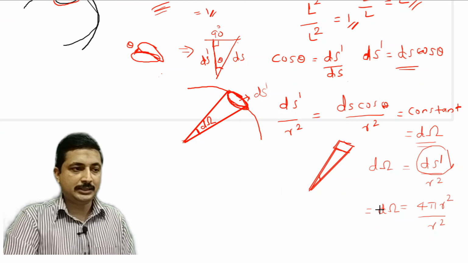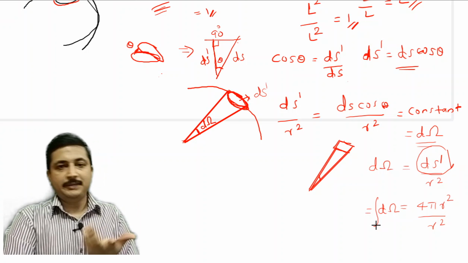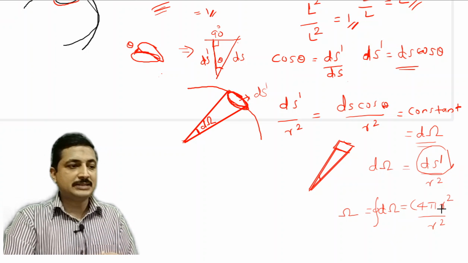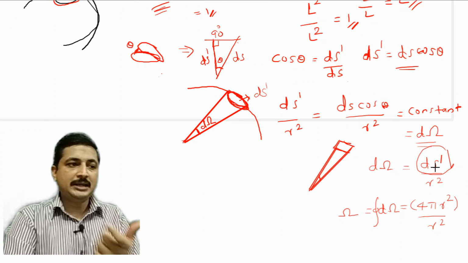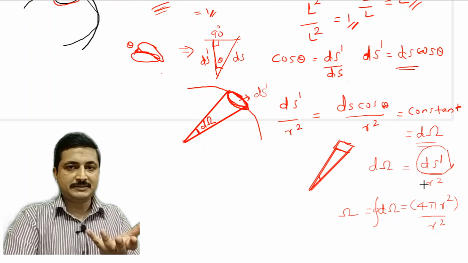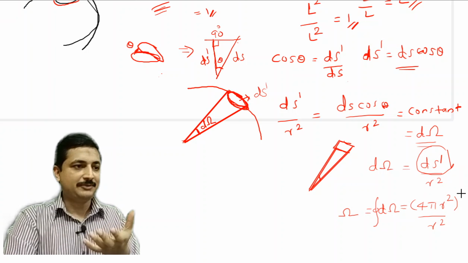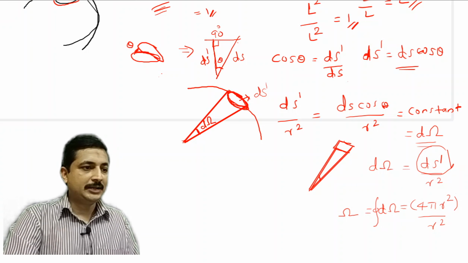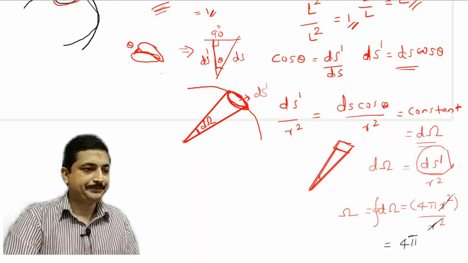Because I cannot say that it is only for a small area. For the entire surface, this is closed surface integral d omega, which is nothing but omega, the surface area of the spherical structure divided by r square. Because d omega is ds dash by r square, omega will be S by r square. S is 4 pi r square, so 4 pi r square by r square. Now this r square cancels. So what do I get as my solid angle? I get it as 4 pi.